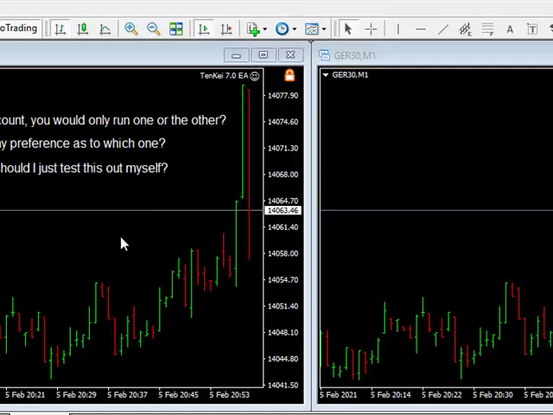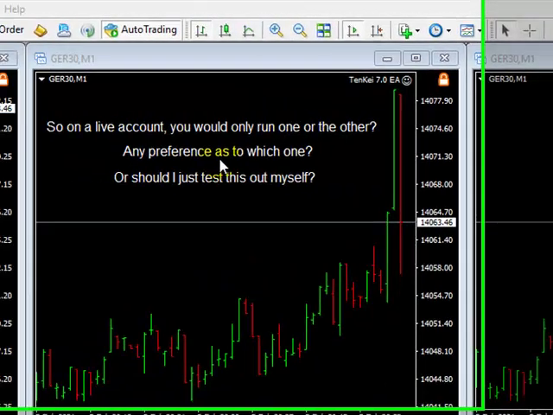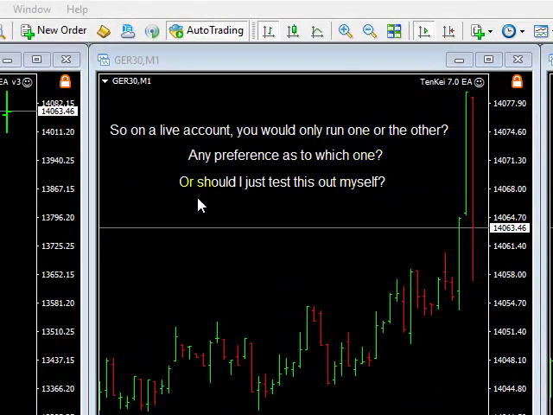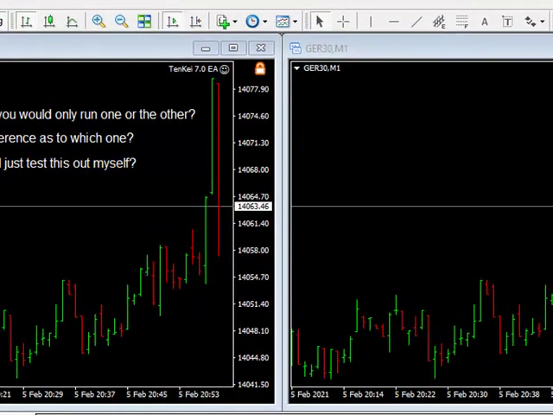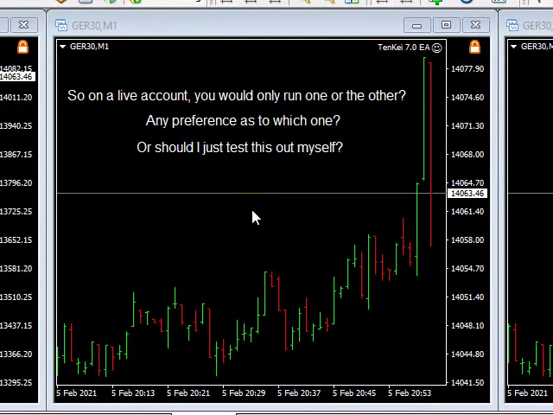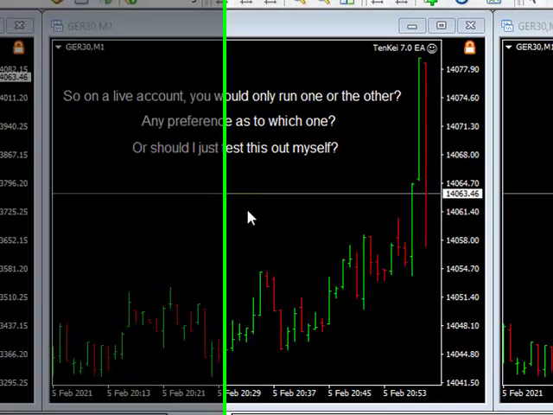Meaning, would I run the 2-to-1 ratio, or would I run the 1-to-1 ratio? Any preference as to which one? Or should I just test this out myself? We would say on a live account, you would only want to run one, because